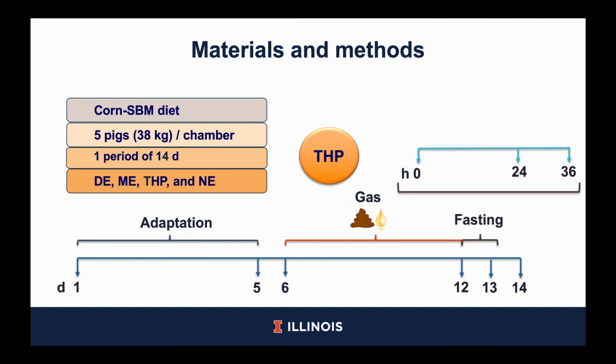Then a fasting period of 36 hours, where for the first 24 hours the animals will consume the remaining feed in the intestinal tract. But in the last 12 hours, it is believed that the animals use the endogenous reserves of energy, and during this time, gas exchange and urine will be collected and measured to calculate fasting heat production. In the morning of day 14, the animals will return to the SRC facilities.